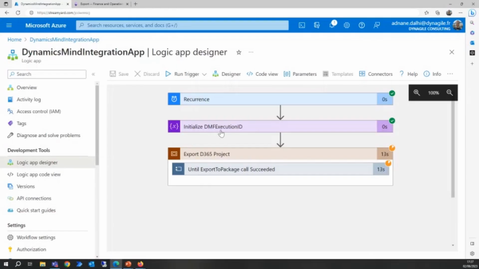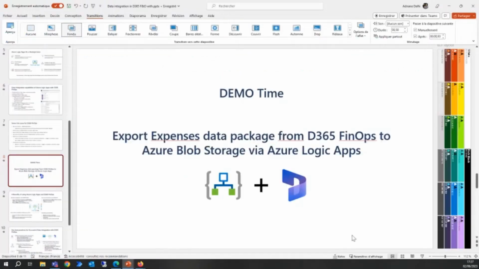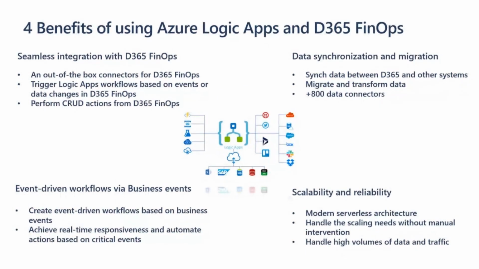Okay, so that was a quick technical demonstration. Let's go back to our slide. Some key benefits that you have to consider if you are using Azure Logic App as a data integration tool with D365 FinOps. For me, the strong point is seamless integration with D365 FinOps, because really you don't need